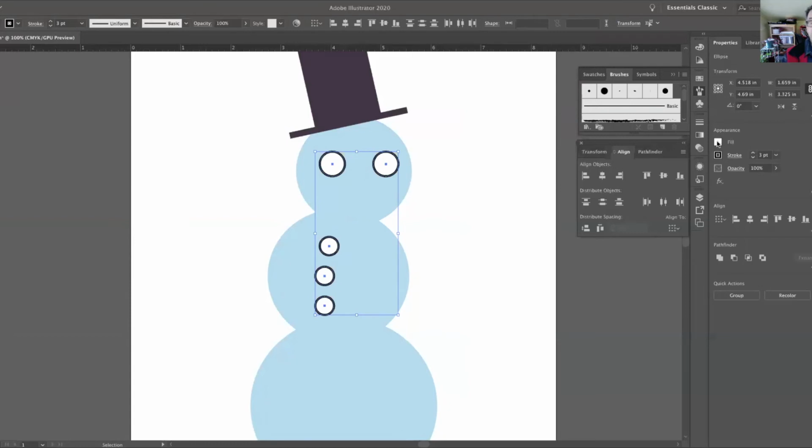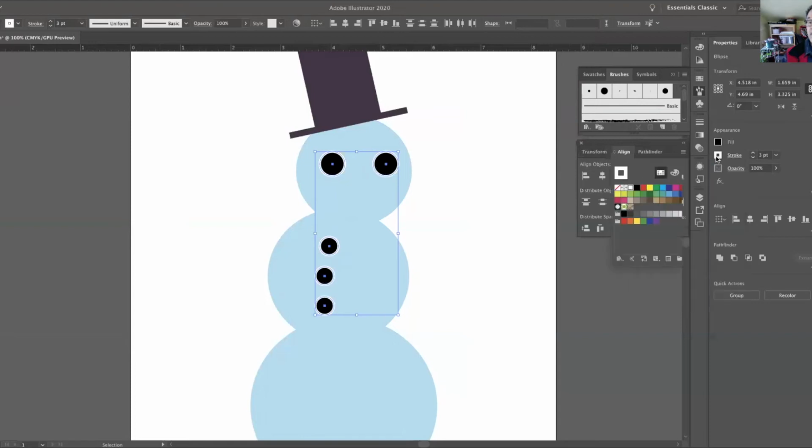And I want it to be a black fill too. What are you doing there? Don't keep me agitated. I'm just going to do this. Just make it black. Okay, and now there are a lot of options here